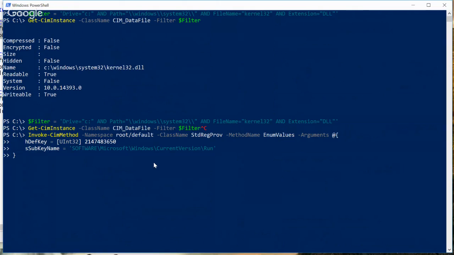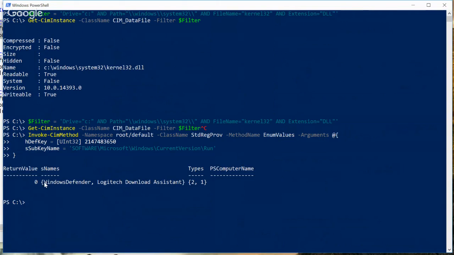So I'll hit enter here, and it returns a couple things. So it gives me the names of each value within that registry key, and it gives me some numeric type values. So you probably wouldn't know what these are without looking them up. So you'd have to go to MSDN, look up what these values are, and it turns out it corresponds to type 2 is a REG_EXPAND_SZ value. So that it could have,